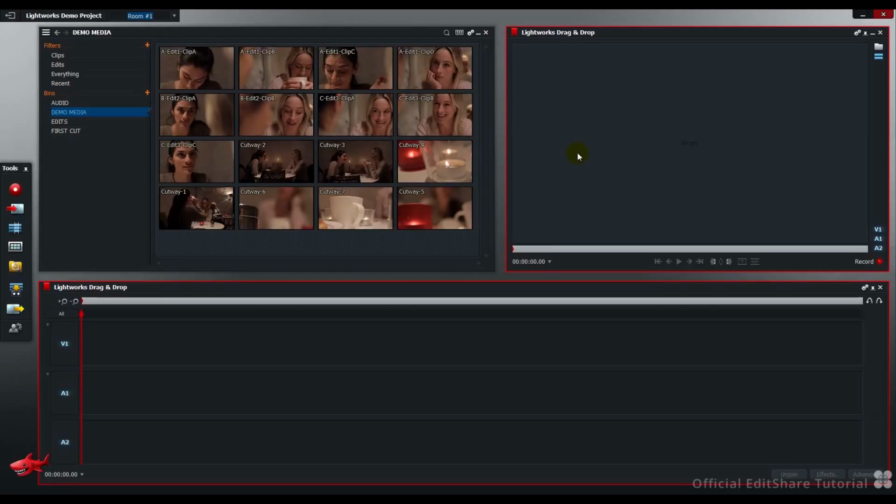In the next few SharpBite tutorials we'll be taking a closer look at the drag and drop functions contained in Lightworks. This functionality was added in the changes between version 10 and version 11 releases. Drag and drop is a great way to quickly assemble your edit and modify it without necessarily using traditional edit